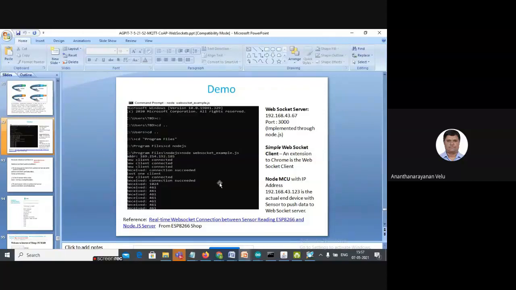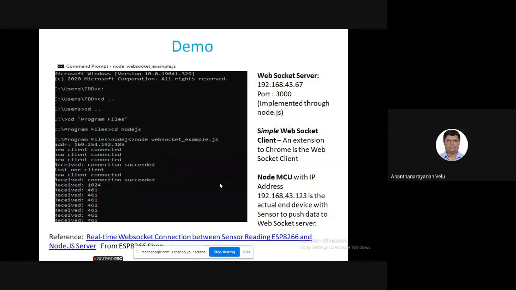Just a minute. Okay. So it is under right program files, Node.js. I have to run the command called node space WebSocket example.js. Okay, right. So noted down. So all this information is available here.